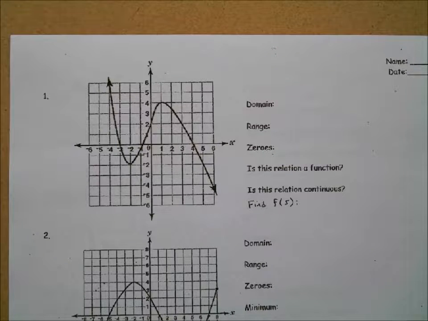So we've taken the context out. No more story, just a graph. Again, it makes it a little bit easier in some cases, and a little bit harder in other cases. Some things we won't have to interpret our answers in terms of the graph. Before when we saw behavior, we said this means temperature's going up, temperature's going down. These are just numbers now, but the idea is still the same.